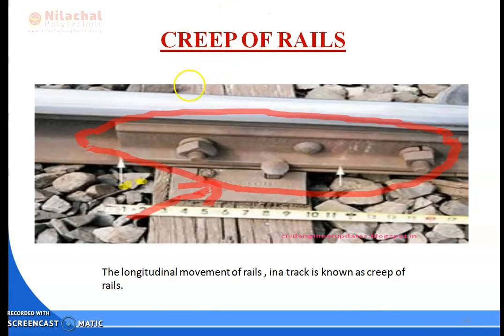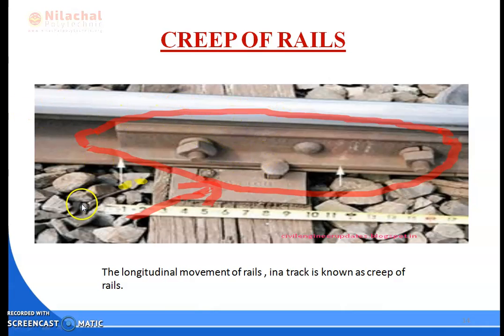Okay, so whenever there is a slip or skid, whenever your rail, this one is your rail, is not properly fixed with your sleeper portion, then creep will occur. And bad drainage of the ballast: the ballast is provided here, and if a drainage system is not provided properly and water is present here, then it will damage the rail and the creep will be increased. Okay, and another is bad quality of sleepers used.